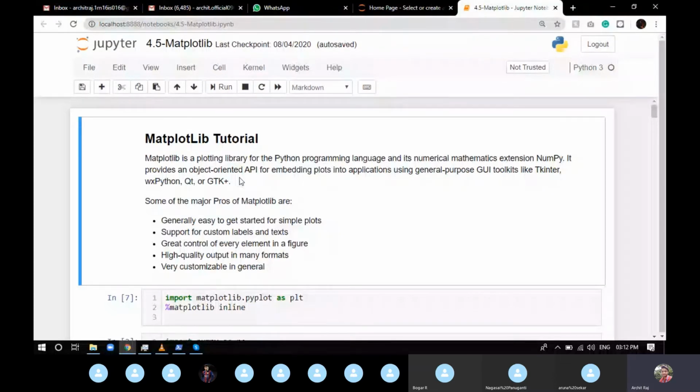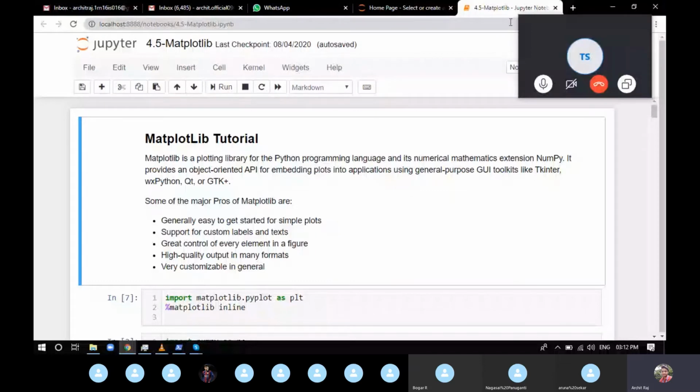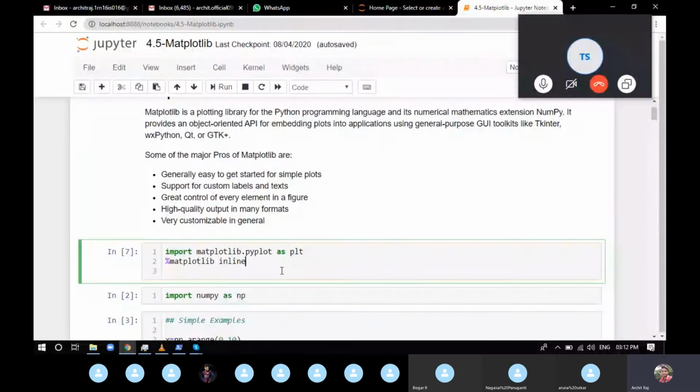If you want to import the library, what do you have to write? Import matplotlib. Till now I have shown you NumPy and pandas. You just write import numpy as np, import pandas as pd. Now we can do one more thing. Inside a package you'll find more sub-packages.